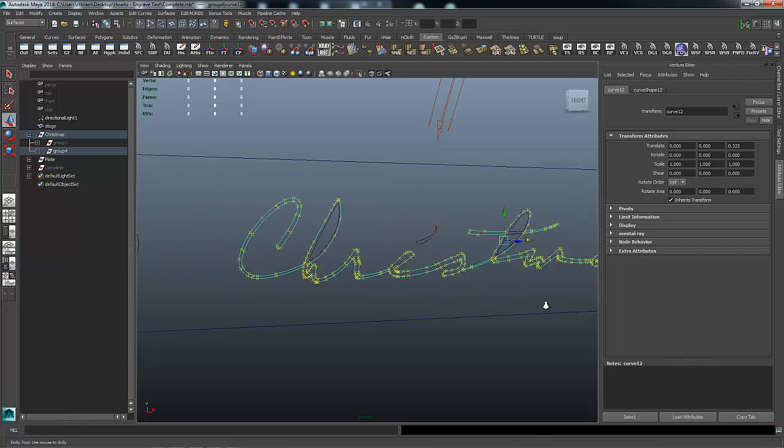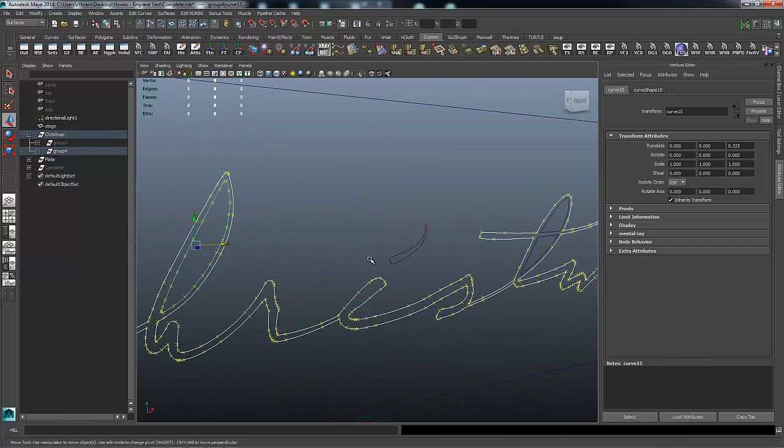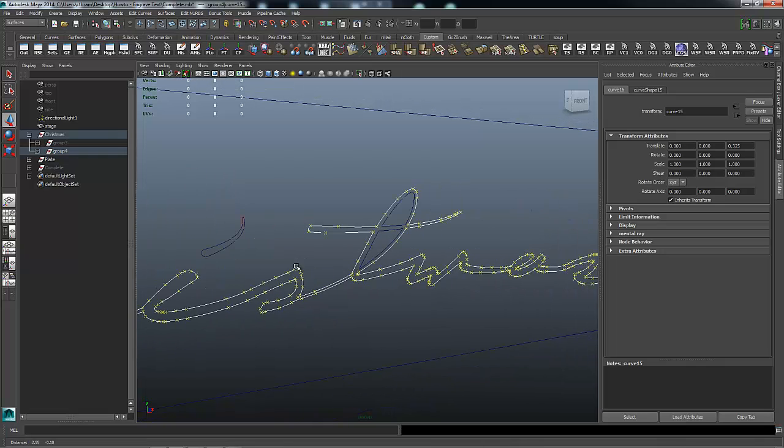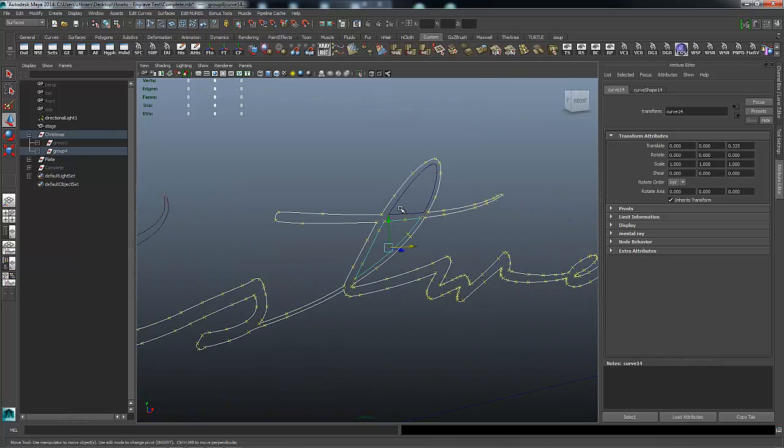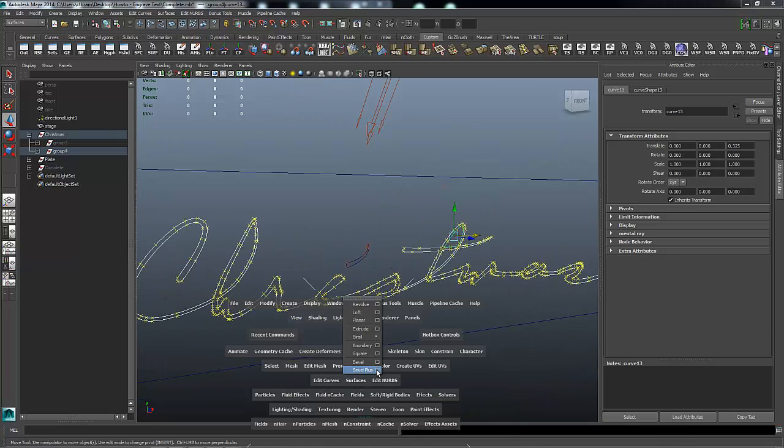Okay. Now, the first thing that I didn't show in the last video is let's take this text and see what happens when we extrude it. And remember, I've got those settings preset. Remember, selection order is important. Select the outer curve, then the inner curves. I'm not going to worry about the little sploosh; you should do that as a separate piece. So the outer curves, then the inner curves, and then I'm going to go down to Surfaces, Bevel Plus, and bring up the options,